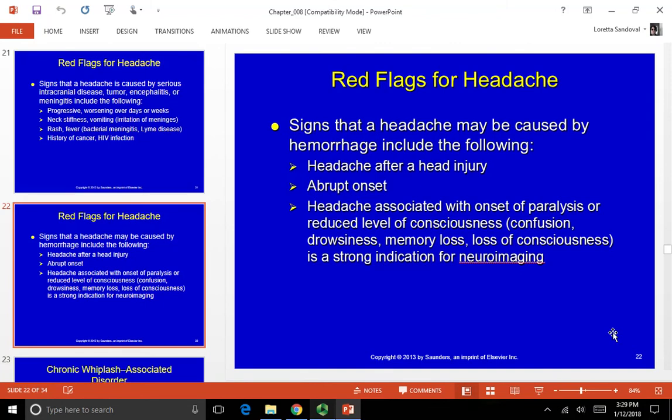They need to get into the ER and they need to get a CT scan or an MRI done on their brain, because it can develop into a hemorrhagic stroke. It can kill them or cause severe after effects. They might even need surgery. If it's headache after head injury, they could have a subdural hematoma. We'll talk about vascular events and head injuries in chapter 19. But if somebody comes into PT and has any of these red flags, we need to refer them for immediate imaging.